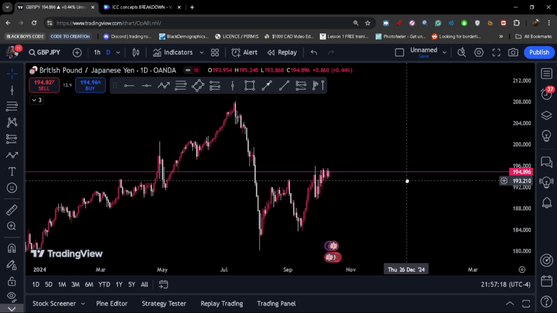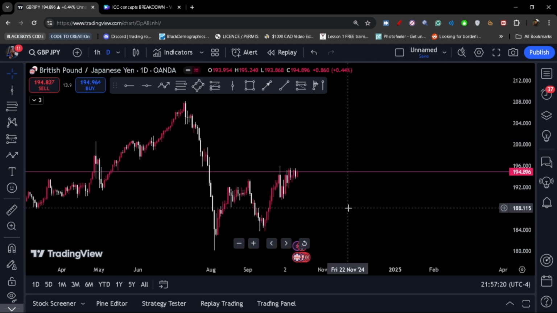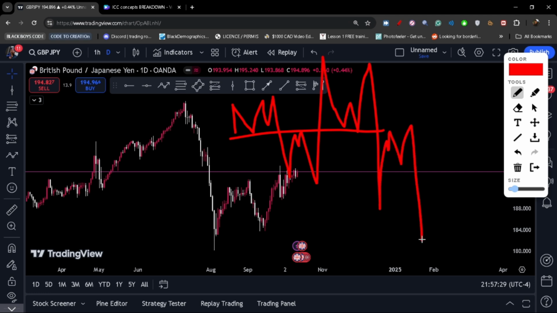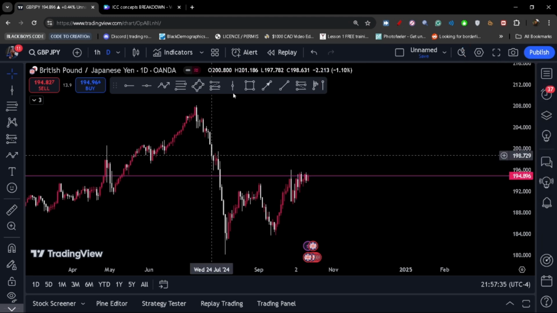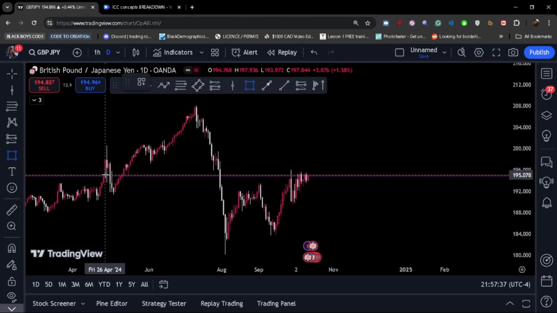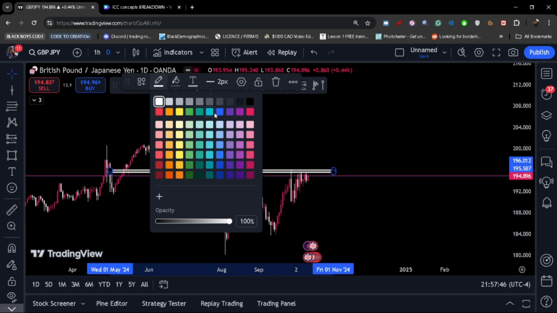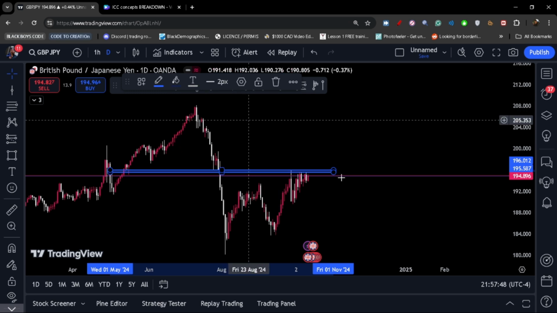So how it works is we look for where price has shown a clear demarcation, and when I say demarcation, it basically means that in this area price has been breaking and retesting around that area. That's basically what demarcation means. So in this case, I can see that this area right here has a clear demarcation. Boom. So if I mark this area right here like this, and I color code it blue, which shows the daily chart,